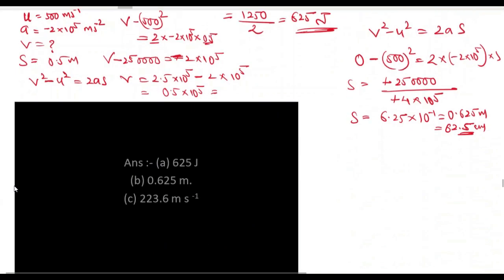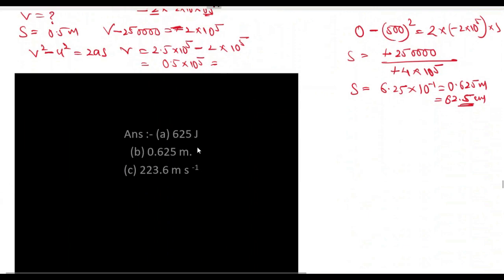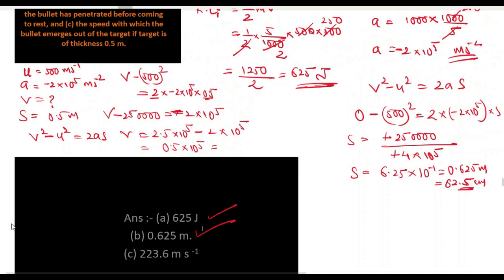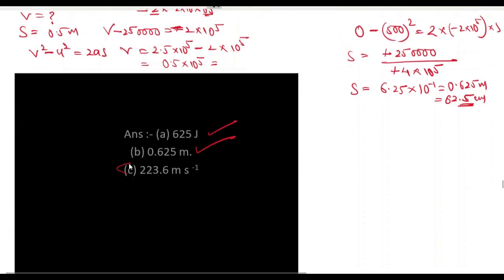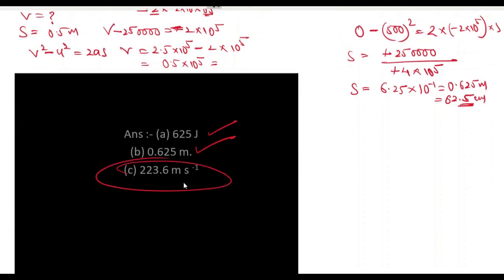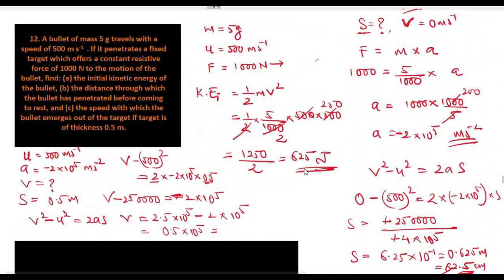Let's check the first answer first. 0.625 meter is correct. 625 joule is correct. Here we had made some mistake. That's why this answer is not coming correct. We can actually check this answer. So this was correct, absolutely correct. The initial kinetic energy was correct. Let's check about the